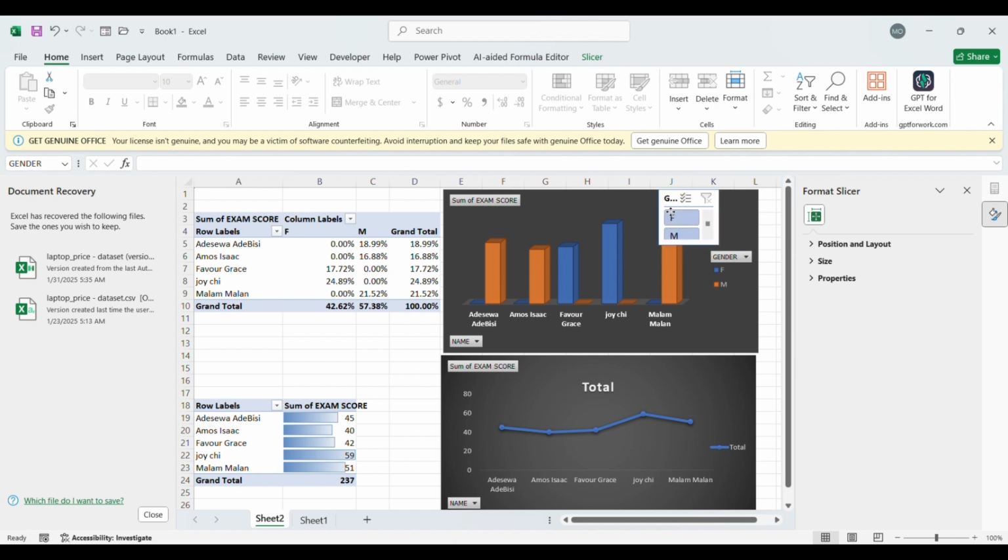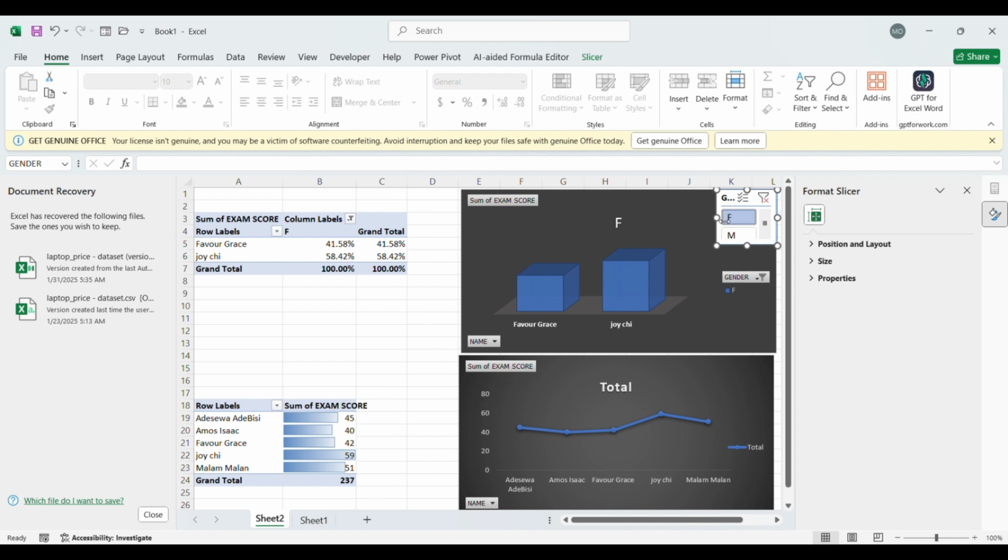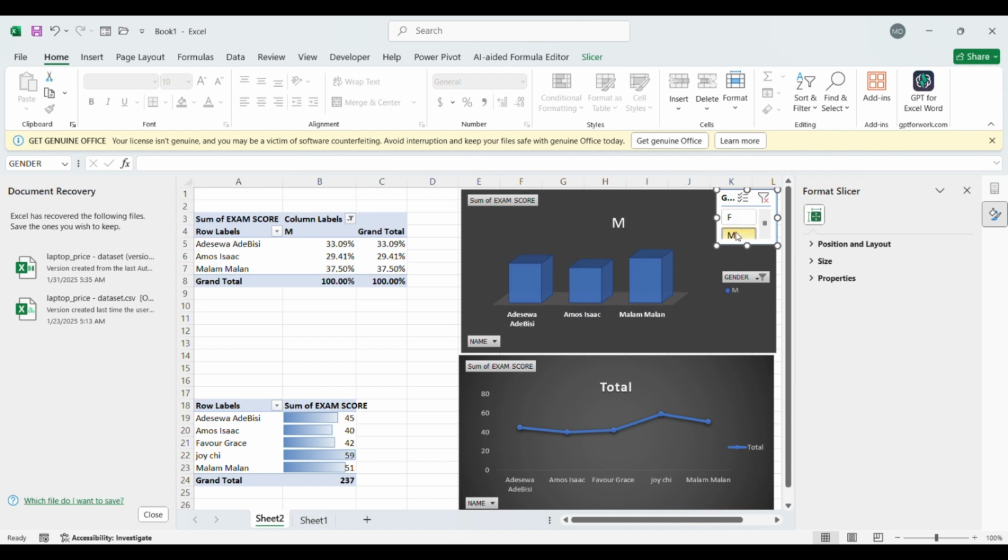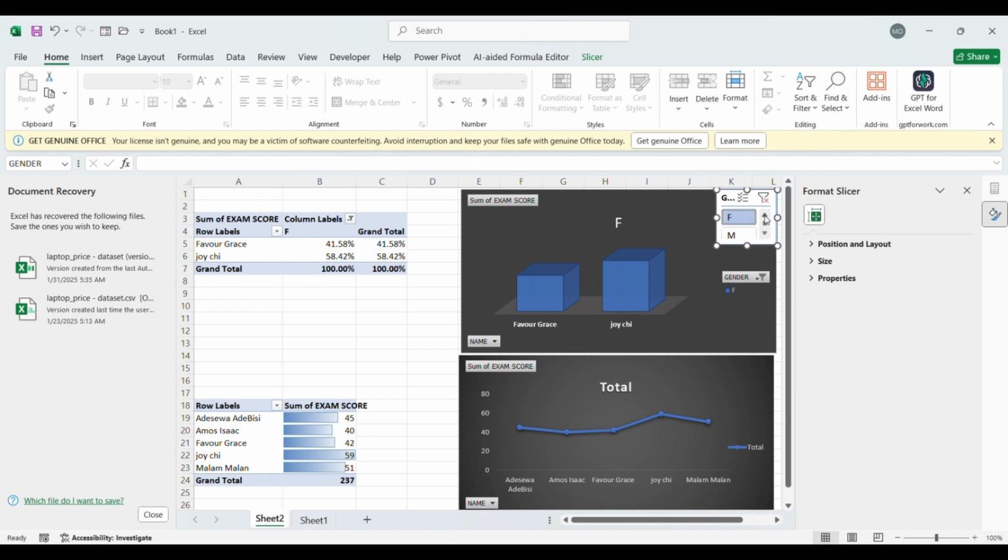Yes, so now I've created a slicer. Let me show you the function of the slicer. When I click on any button here, let me click on male. When I click on male, it shows me Favor and Grace and their scores. So when I click on female, what does the slicer do? It creates a kind of